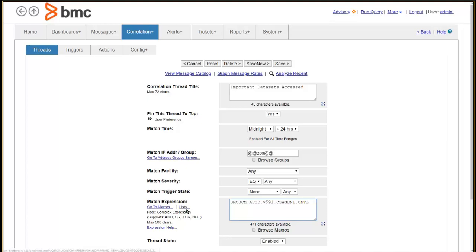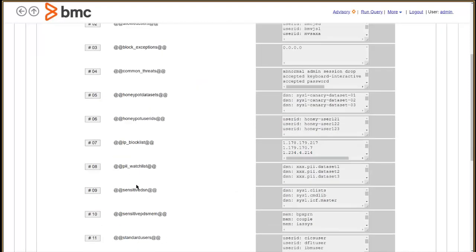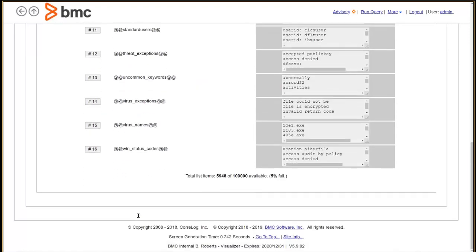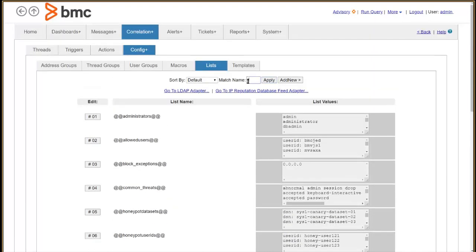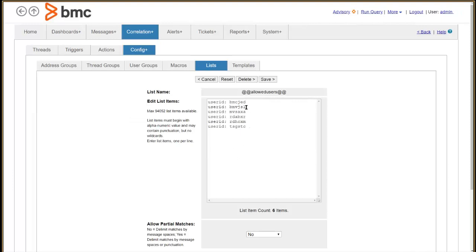Now on my system, I have certain lists. We're going to go now to the list screen. And in this list, I have a list called, let me go find it. There we go. There's my list, allowed users list. And in the allowed users list, I'll expand it for you. We have a list of user IDs that are allowed on my system. So I'm going to use this list to update the thread when someone who's not on this list accesses the dataset. So we want to remember this list name, which is at allowed users,